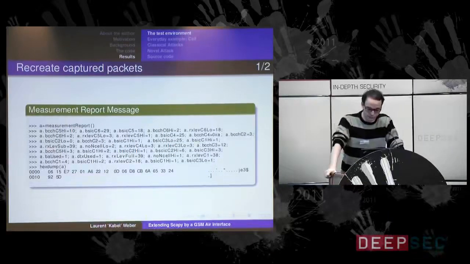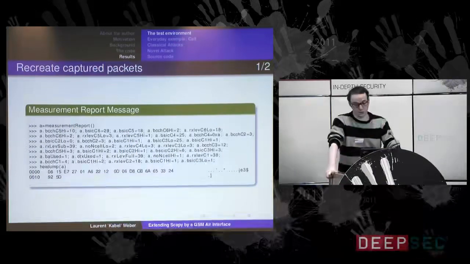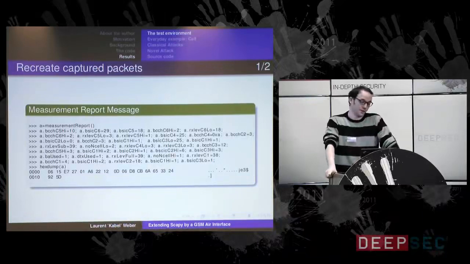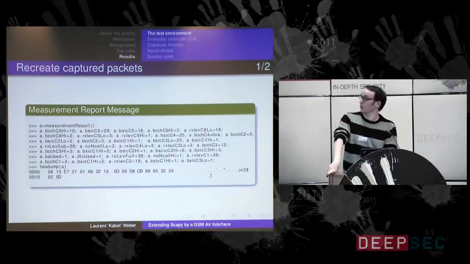It's very verbose, but as I said, it's the most complex packet I found. Mostly, if you only deal with call control messages, it's like 2 bytes or something like that. Very short messages.